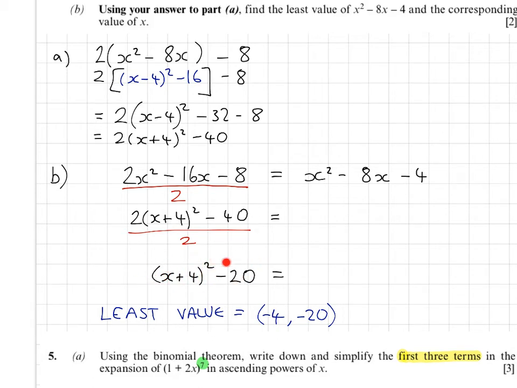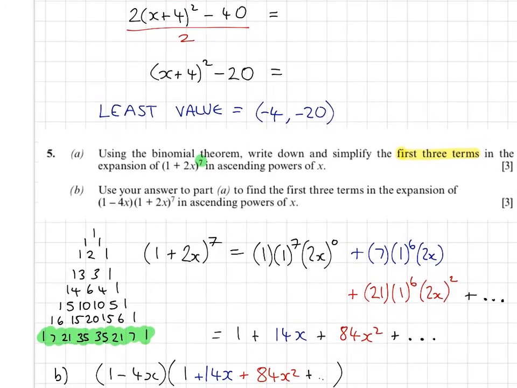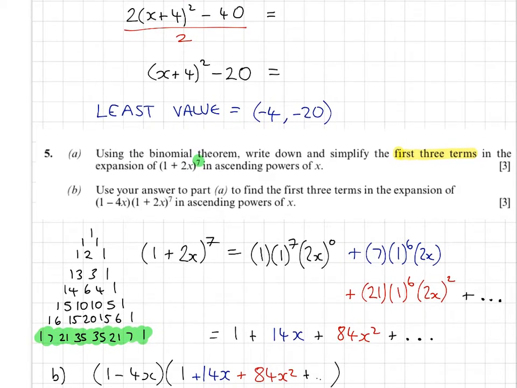So pretend that doesn't exist, what's left? Minus 20, minus 20. So my x value being minus 4, my y value being minus 20. Part B, it says, using the binomial theorem, write down the first 3 terms of the expansion